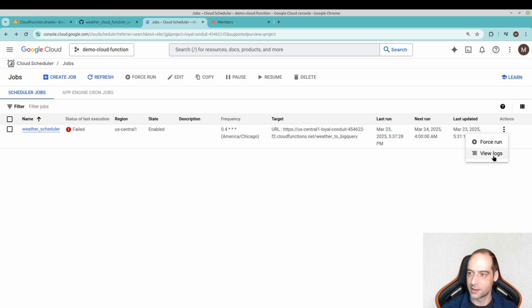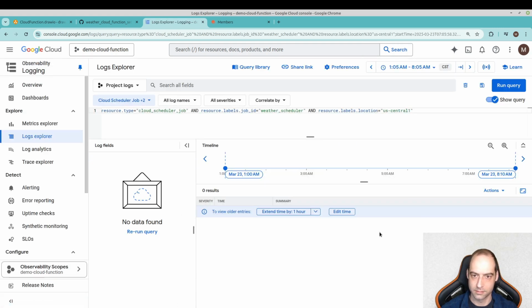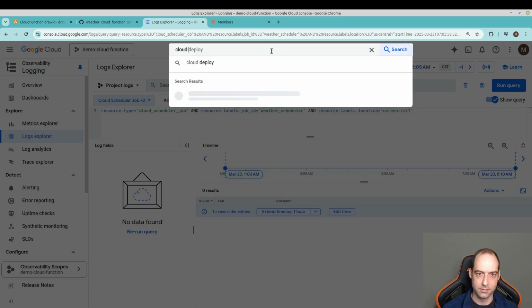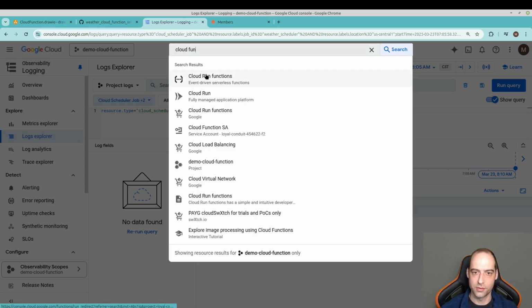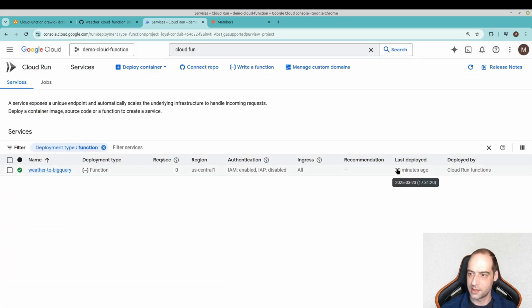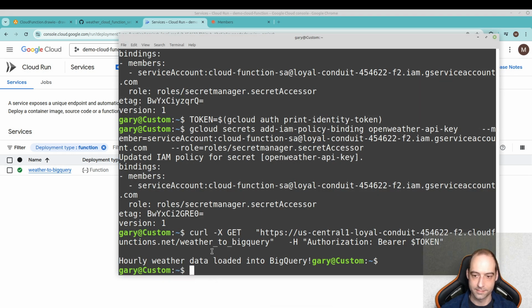Go back here. Let's see, I don't think that the logs would be under here. Oh. Okay. So whatever that was. But